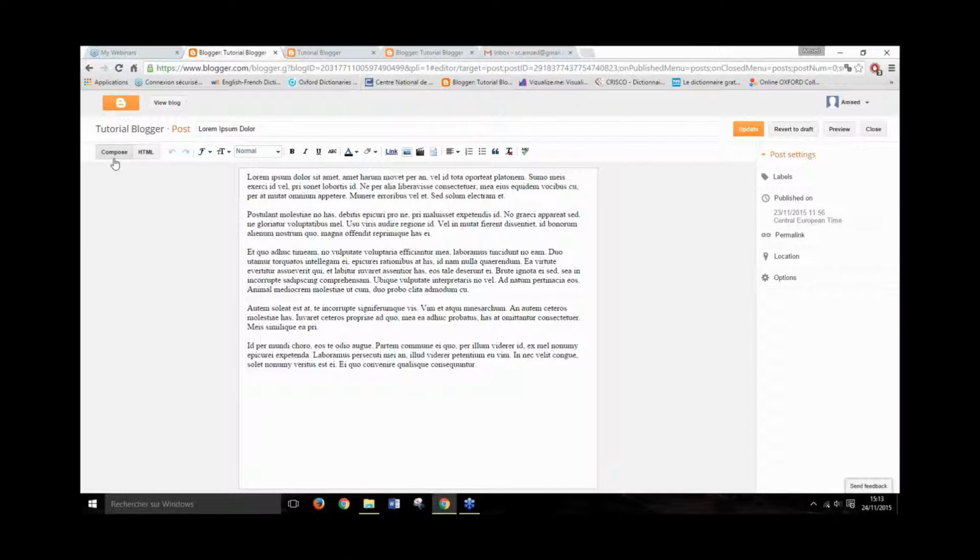You can choose to write a text or to do it in HTML. You have cancel, uncancel. You can choose a font, its size, and a style to put it in bold, italic, underline, or strike through. You can also choose the color of your text, the color of the background. You can create a link or